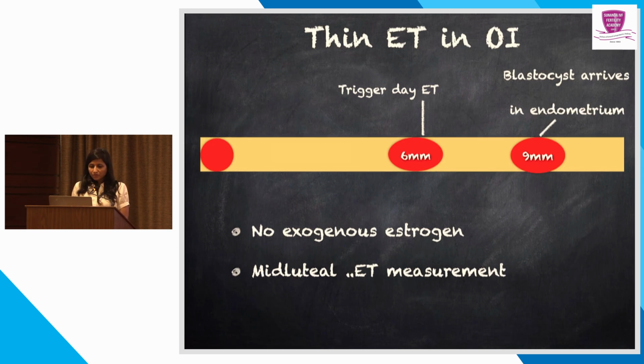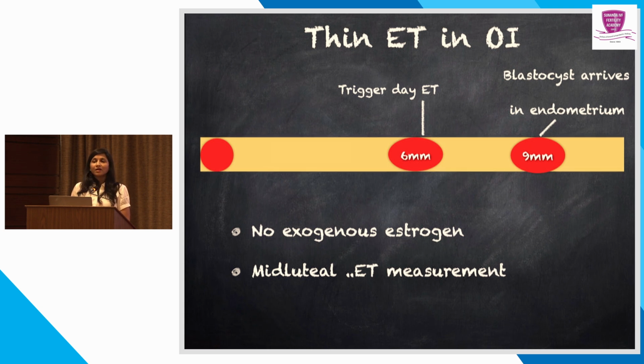So when it comes to whether we should really bother about thin endometrium in ovulation induction, because sometimes there is a nice follicle, specifically in a letrozole cycle, we may face the situation that you have a nice follicle of 19 to 20 millimeter, but endometrial thickness is only 5.8 or 6 millimeter, and then people start giving estrogen support, but that is not mandatory. That is not going to have any impact on the endometrial thickness whatsoever, because you are seeing the endometrial thickness